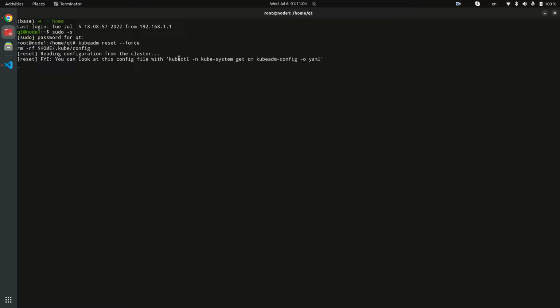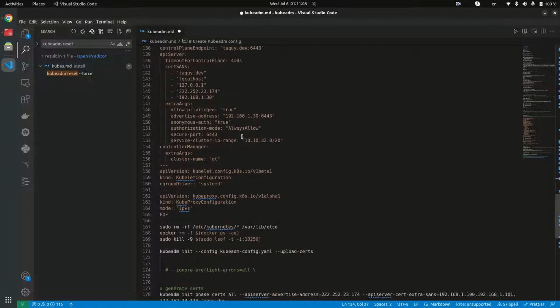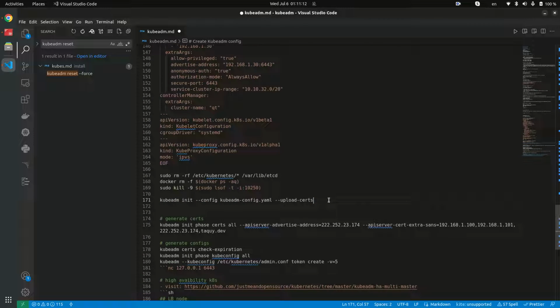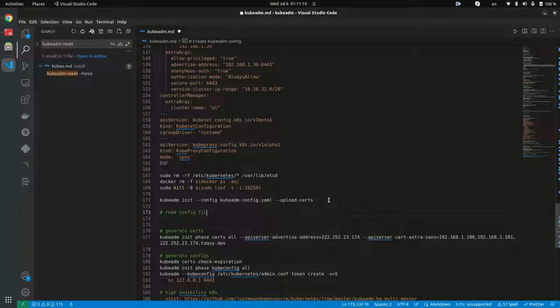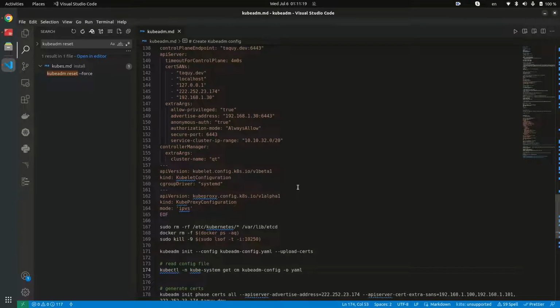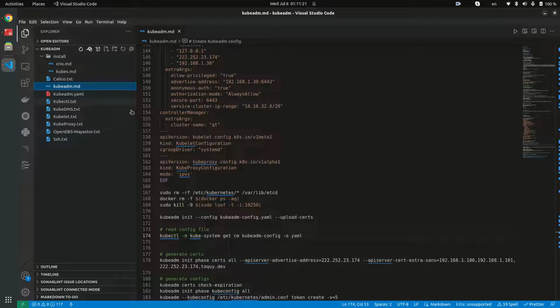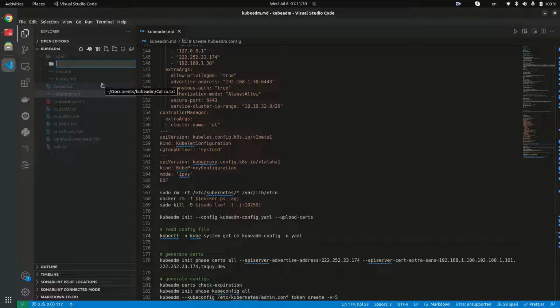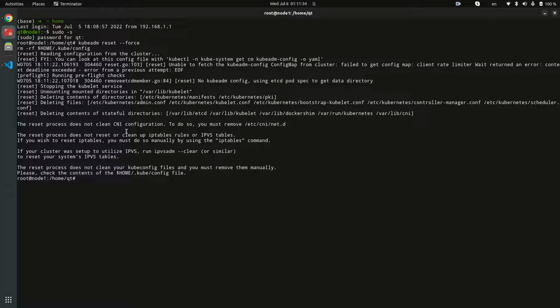So that's one way to read the config file. So in the template file, I will actually